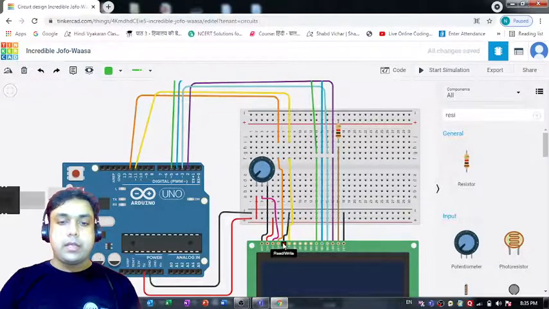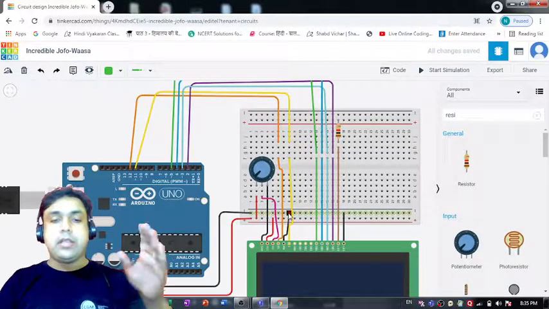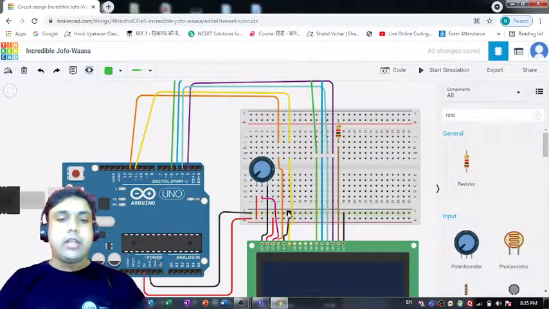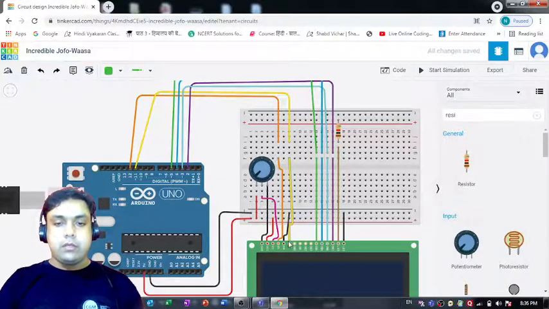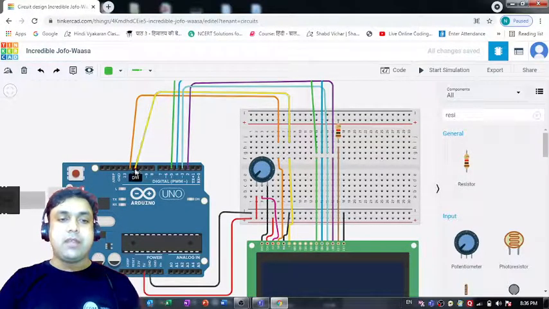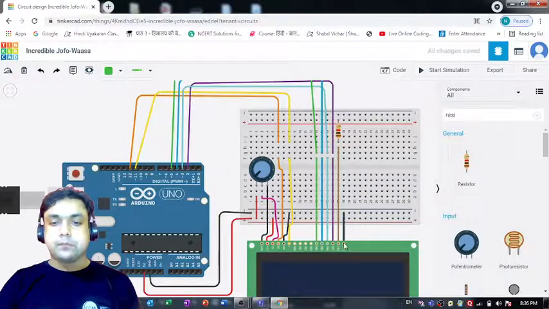Then I connected this read write pin to the negative terminal. You have to remember these connections, right? Read write you have to connect to this negative terminal. Then this one is the enable pin. So enable pin needs to be connected to one of these free pins. I've connected it to pin 11 of this Arduino Uno R3 board. Then I started from the right side, and that's the LED cathode. So cathode needs to be connected to negative terminal.